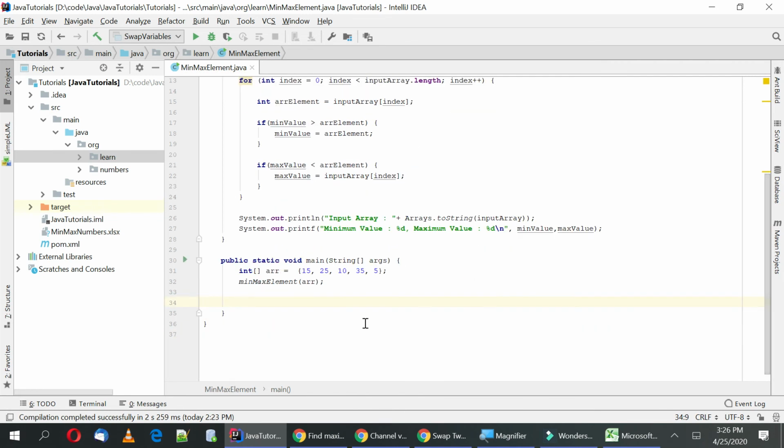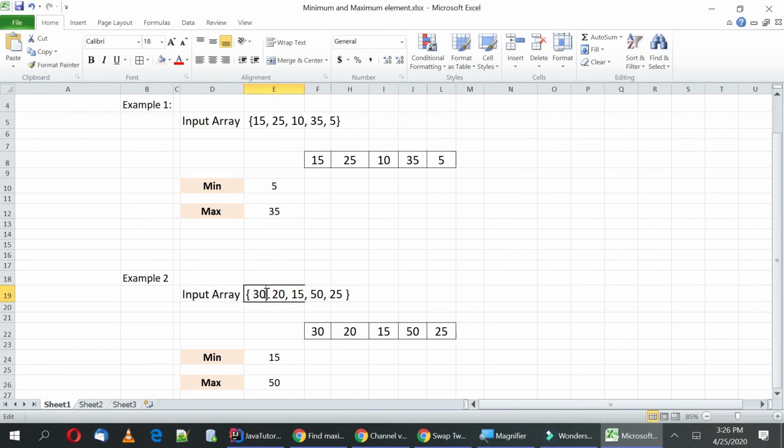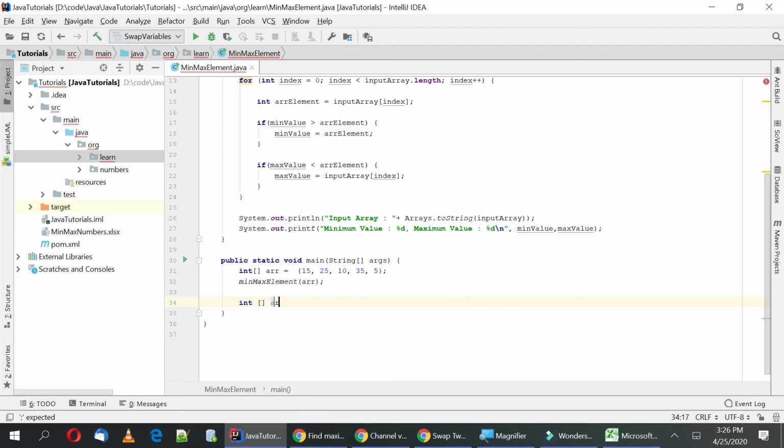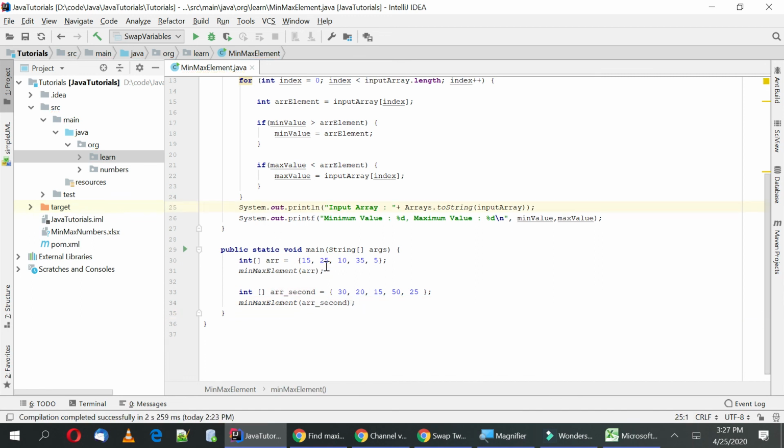Now take another example, a second one also. Let's take this input array as well. Let's call it second array. Again call the min max element, pass the second array in this case. Okay, so now let's execute this method.